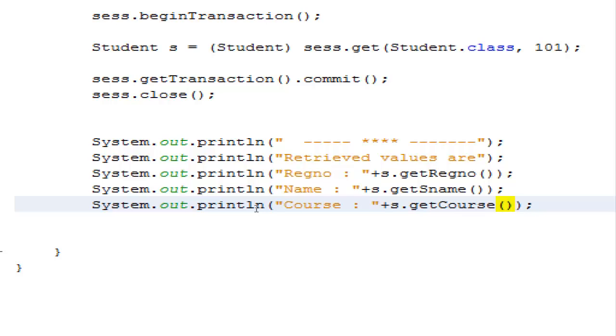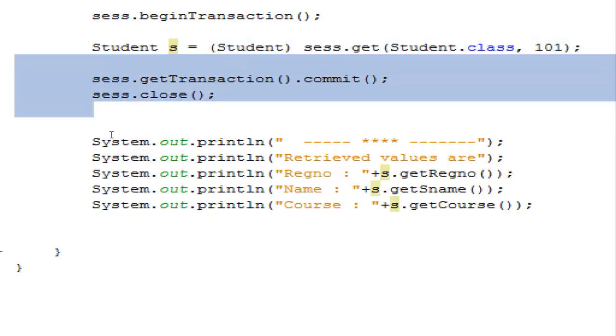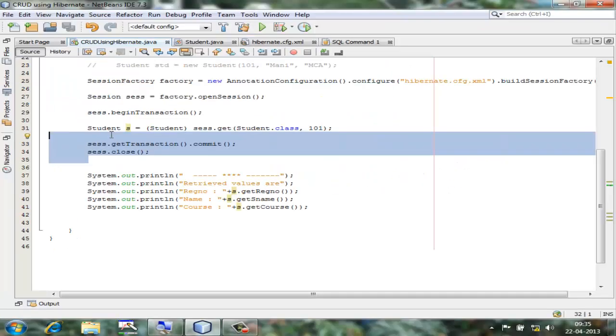So what you notice is that I am trying to retrieve the value from the database using the get. I try to retrieve the value 101 from the database. So I get 101 from the database. I have closed the session. That means the entire transaction is over. I am out of the Hibernate now. Once I retrieve that object from the Hibernate, that object will be available for me for the remaining part of my application. So if I now run this application,